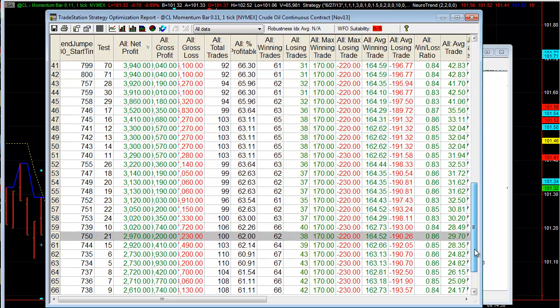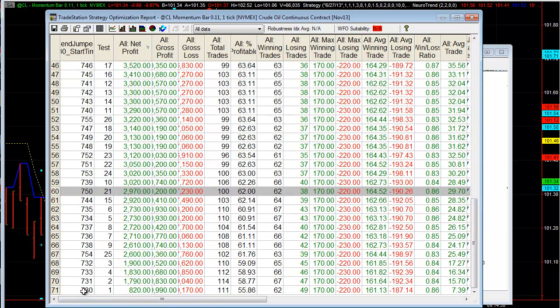The thing I want to point out though is let's go to the very bottom. What if we started just 30 minutes prior, at 8:30 New York, 7:30 Central? The profit on the exact same mechanical system, all the rules the same, doing nothing different other than starting 30 minutes earlier, you only made $820 on 111 trades. Obviously, your average per trade, I doubt, even really covers your commissions and any slippage. So think about this for a moment. Everything identical, the only difference is start time.